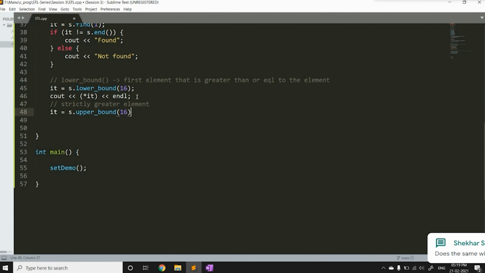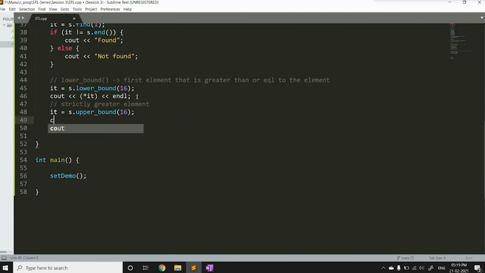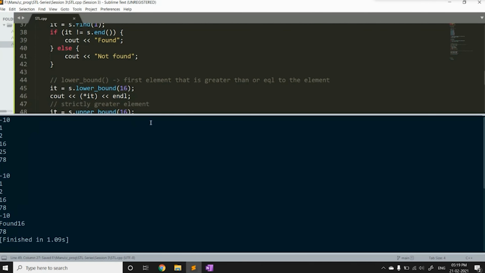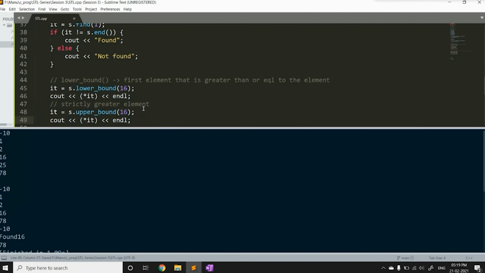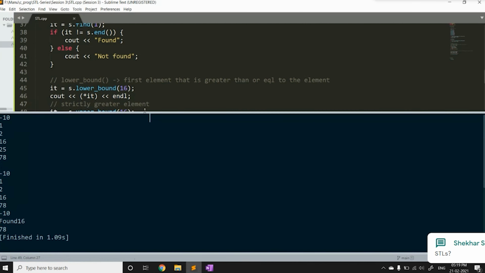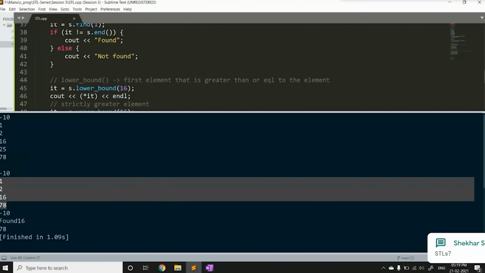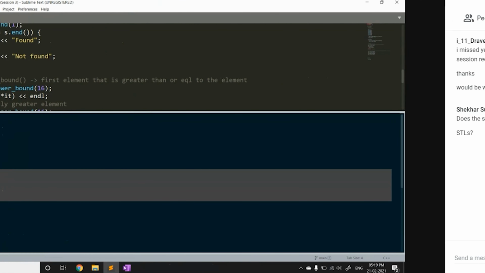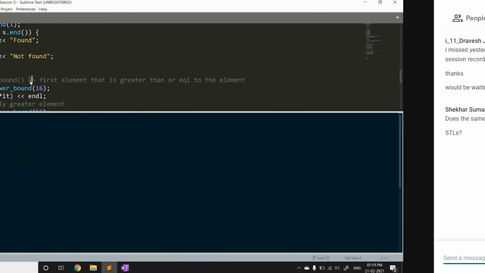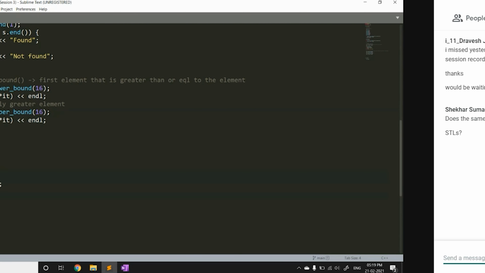So if we search for the upper bound of 16, let's see what it returns. So the upper bound of 16 is 78 because it is the first element which is greater than 16, 78. So these are some of the basic functions of set.